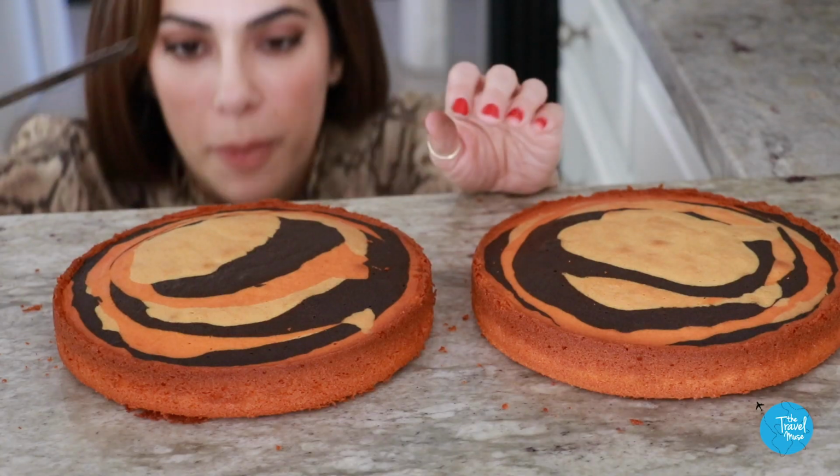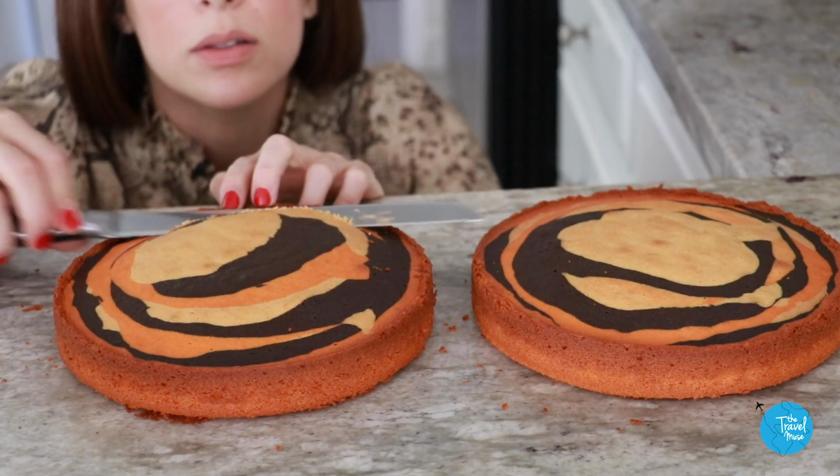So they baked up with little stripes on the top. So far so good, because this is what her cakes looked like. I've let them cool off completely. They're not even a little bit warm. And so I'm just gonna take these out and slice the top layer off just to make it